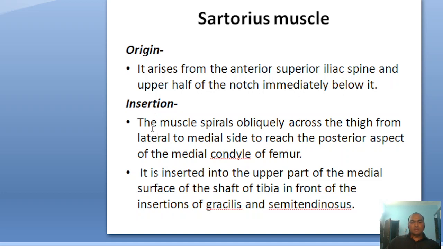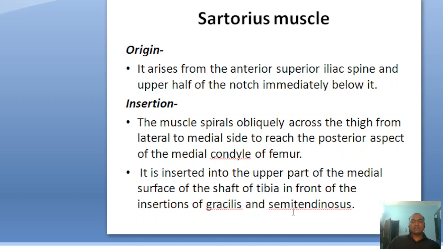Then the muscle spirals obliquely across the thigh from the lateral to the medial side to reach the posterior aspect of the medial condyle of the femur, and it is inserted into the upper part of the medial surface of the shaft of the tibia in front of the insertion